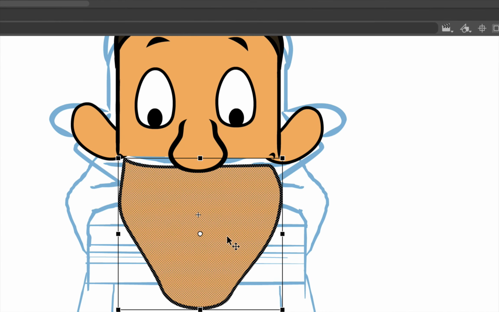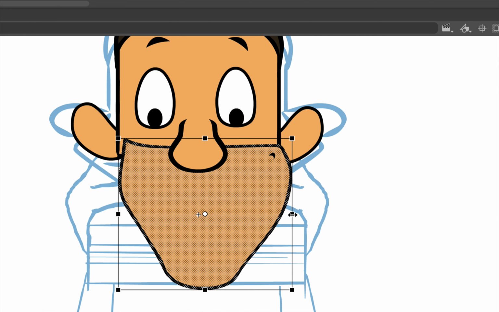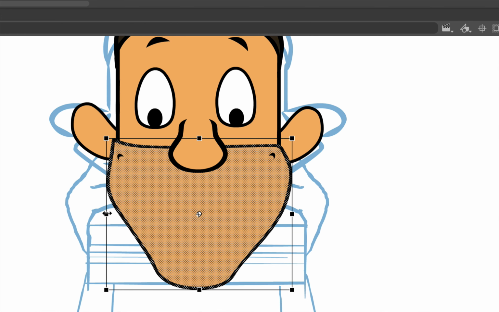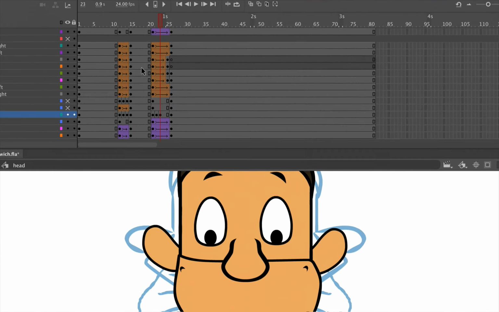As we did with the other one, let's move it up and also over so that we can see the edges of the mouth. Again, drag it this way and then drag it this way until those corners start to line up and we can still see them, and it works well with our design. With that one done, let's get that final one,